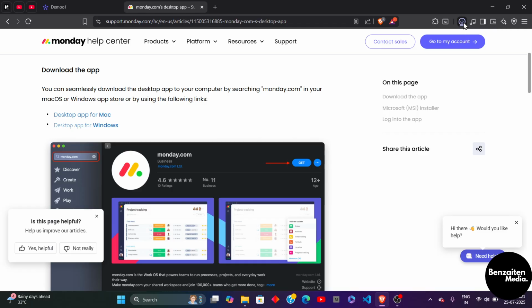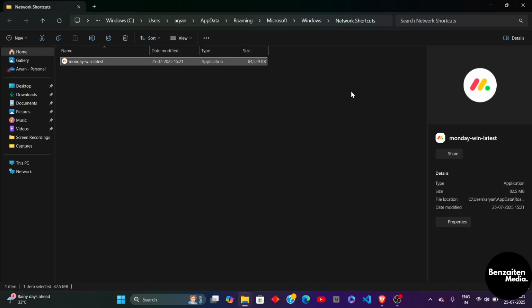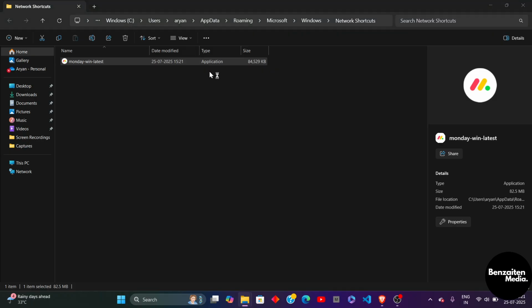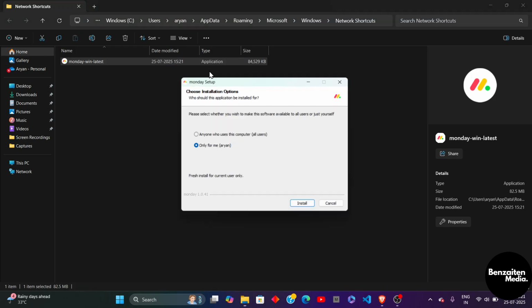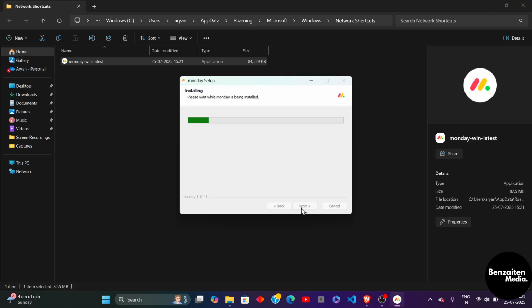And from here, you can just simply click on this file icon when it will appear when it is downloaded. After selecting the file, here it will open in the file explorer. So just simply click on that twice, and after that this will ask you to install the monday.com on your PC. And if you want anyone else to use the same application, you can choose this option, but if you want it only for you, you can choose this and then install it, and then this will install monday.com in